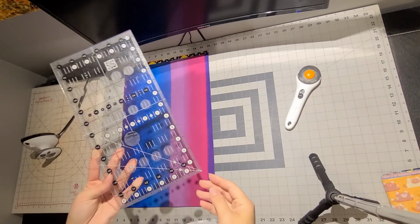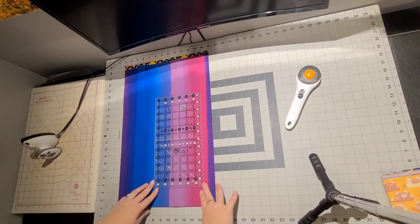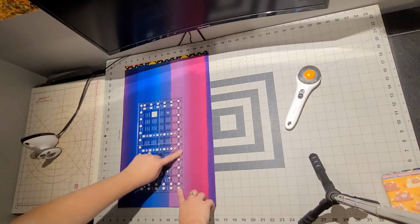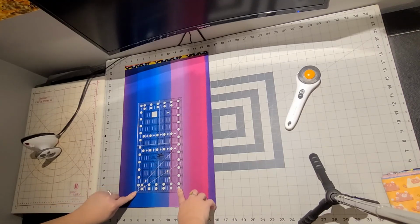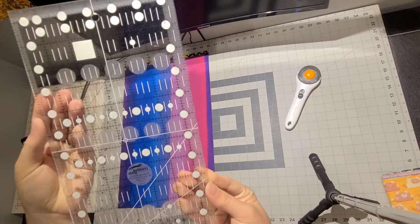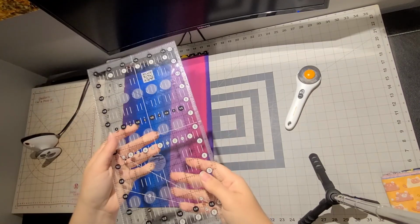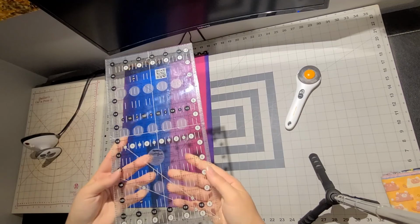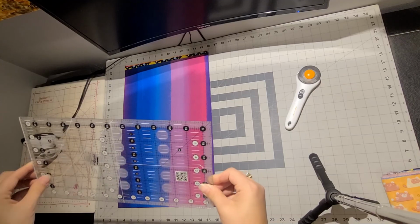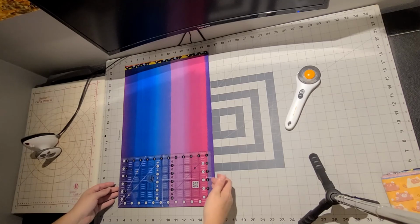So my favorite ruler, I'll try and place that down here so there's not too many shadows. It's by Creative Grids. There's these rough, I don't want to call them sandpaper, rough dots and strips on the back of the ruler. And they keep it kind of stuck to your fabric so it doesn't slide all around. This side is smooth, but it's 6.5 inches wide. It's not 13 inches tall. So it's 12.5. So you can see